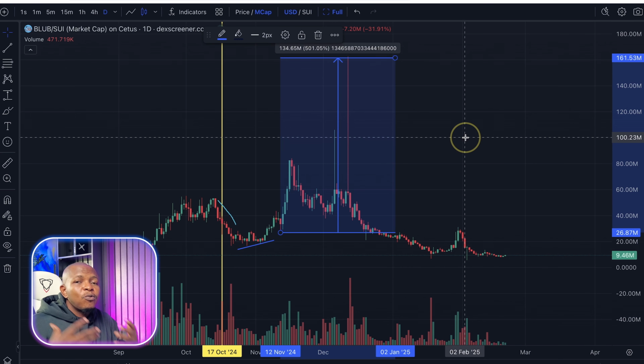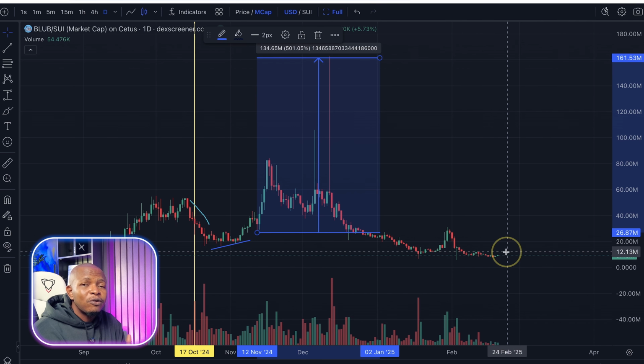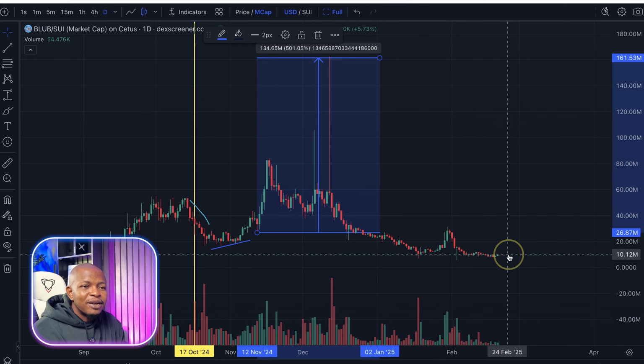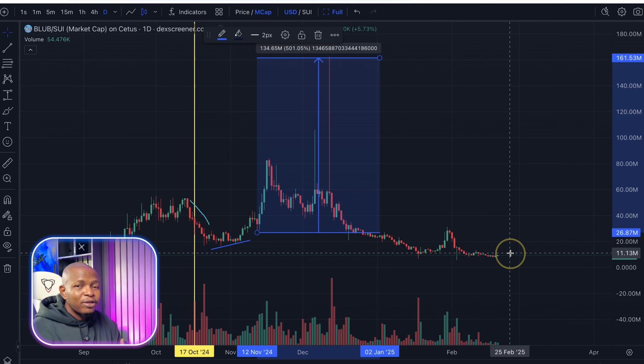Because sometimes when influencers call coins, some people want to sell, right? And they're looking for people to sell on. But the fact that they have called this coin and you look at the coin fundamentals and it is great, it means that there might be another buying opportunity for the coin. Like Blob, for example, is one of the good coins on SUI. It is at its lowest now. And I believe if we see some price action here, and when SUI meme coins become a thing,